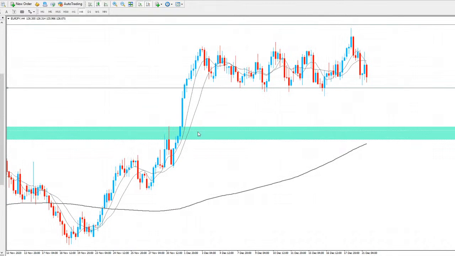I can zoom in there. So again, we just had that big push to the upside, moving sideways for a while now. We thought we saw price break the upside here. As you can see, we've got the resistance up here. We broke to the upside for a little bit, but as you can see there, the next bearish candle just took us right back under.